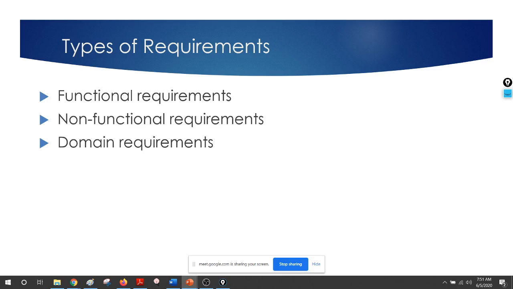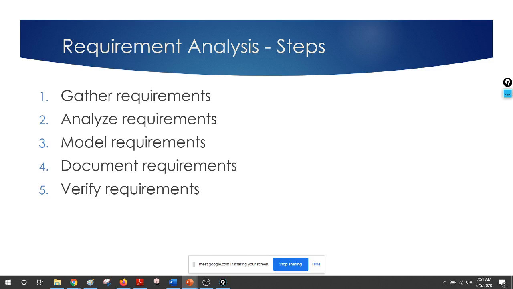Right, so this is how you do requirement analysis. At that stage you gather requirements, analyze the requirements, model the